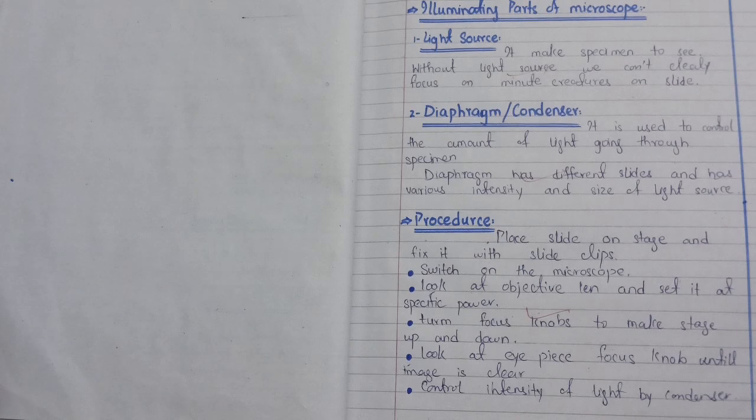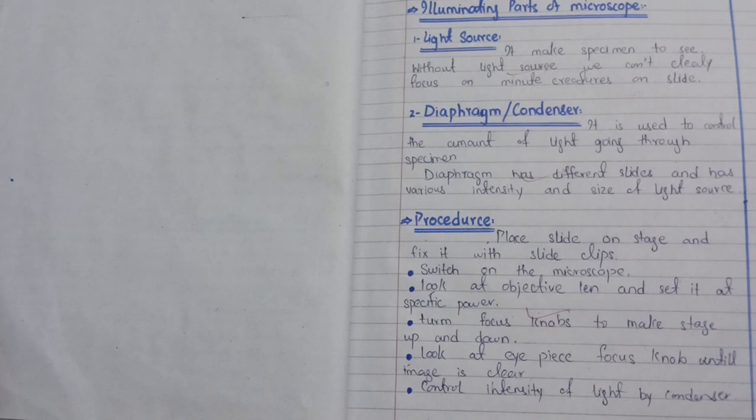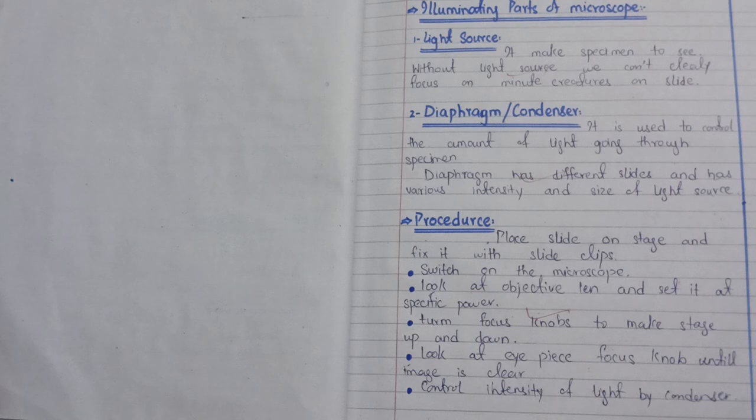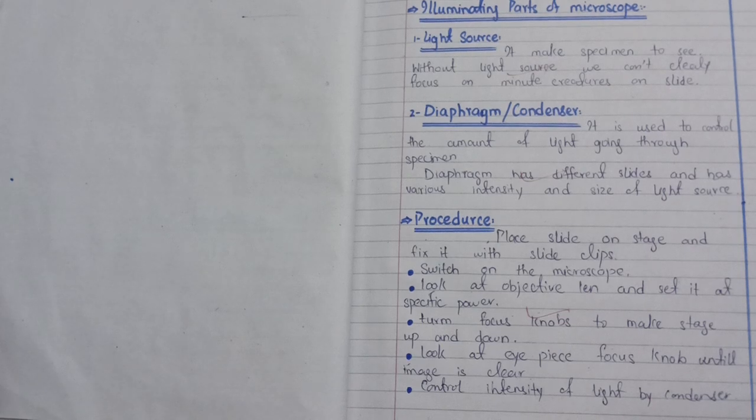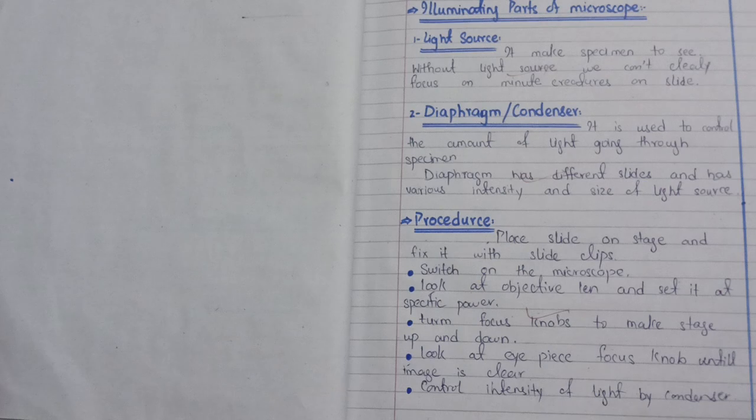source. So we can see clearly focus on the minute miniatures on the slide. लाइट सोर्स से मतलब ये है कि आपका माइक्रोस्कोप एक ऐसी जगह पर है जहाँ से कहीं से भी लाइट नहीं आ रही है, और आप उसको फिर कैसे देखेंगे? बगैर लाइट के आपको स्पेसिमेन नज़र नहीं आएगा। सो ये लाइट सोर्स पहले से ही माइक्रोस्कोप में अटैच हुआ होता है, जो लाइट आपके माइक्रोस्कोप को देता है और आपको स्पेसिमेन नज़र आता है।